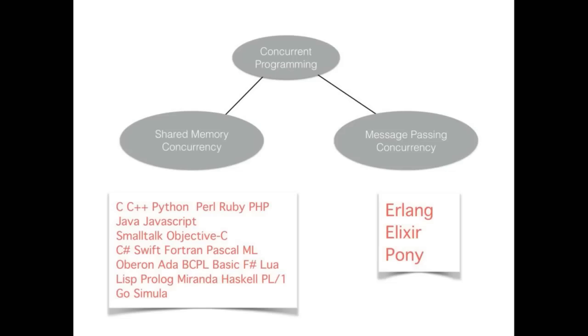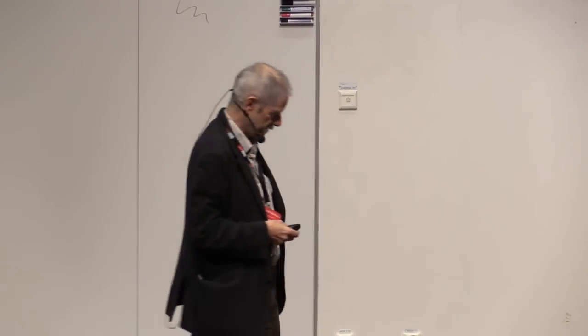Now, unfortunately, programming languages are divided into 2 categories. There's the shared memory concurrency model, and there's the message passing concurrency model. The shared memory concurrency model violates the laws of physics big time, and is extremely difficult to understand. And the message passing model also violates some laws of physics, but it violates far fewer laws of physics, so it's much easier to understand. And so it has this property of single sites where things happen. So we don't talk about simultaneity or things like that. We talk about single places which consume streams of events and are quite easy to understand.